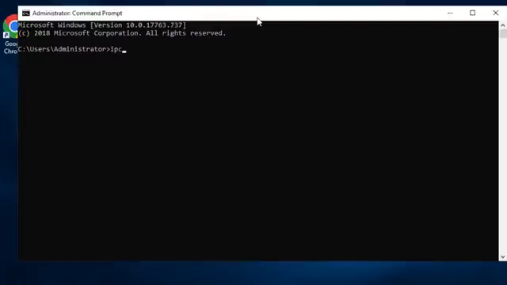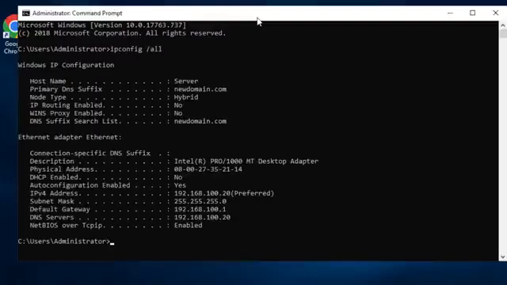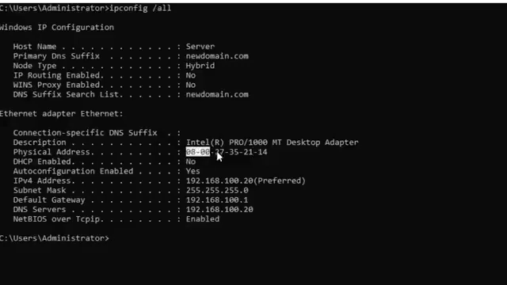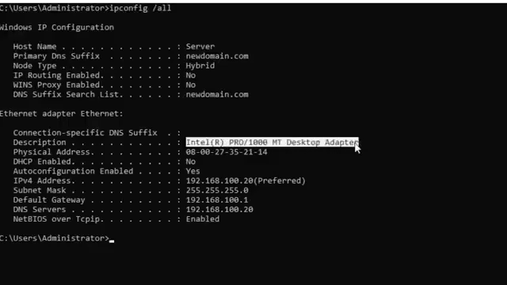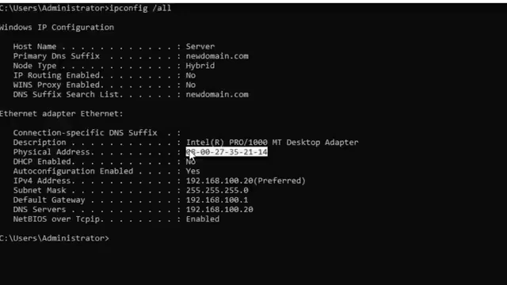All right, so let's just do ipconfig /all here, so I can show you an example of that. This is the MAC address. It's also known as the physical address. On this computer, the network adapter here, where it says Intel(R) PRO/1000 Desktop Adapter, here is its MAC address. So what we're going to do is identify any other computers, components, or